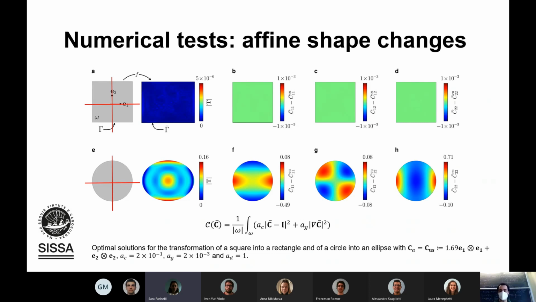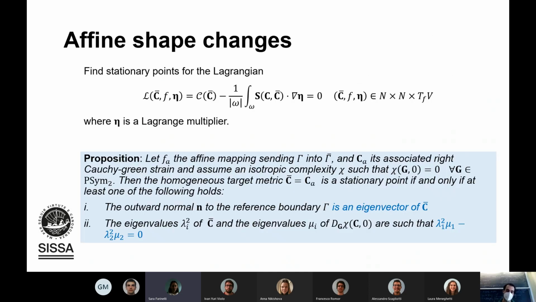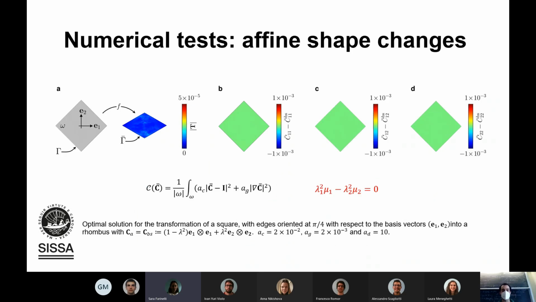Okay, we also made a test to certify the validity of item 2 in this proposition, which is this one. We choose the eigenvalues of the affine map in a proper way so that this relation is satisfied, and we check if indeed the optimal solution was uniform, and the answer is positive. Okay. This is what concerns